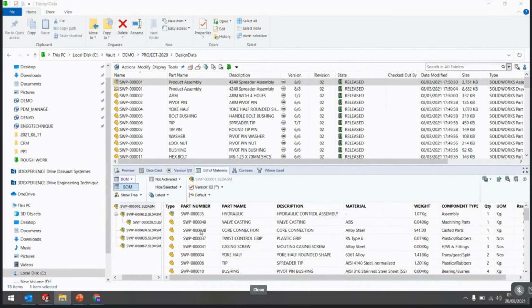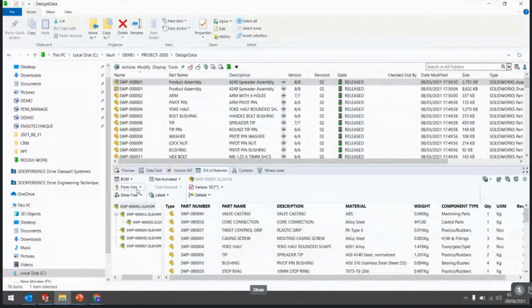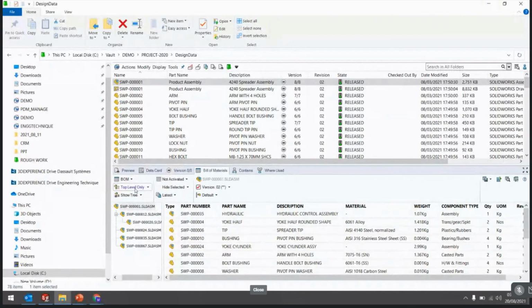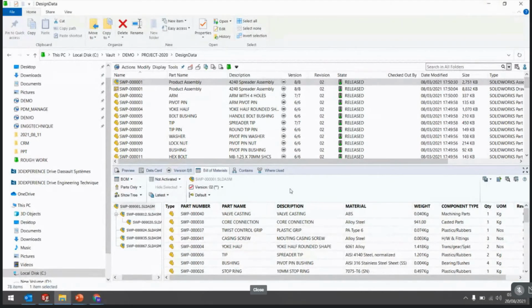you can also create this. If you want to create a bill of material for the design department or R&D department, you can also do this. Again, here one option is added. You can take your bill of material as indented, parts only, or top level only. Again, here you can see the activated BOM and non-activated BOM.